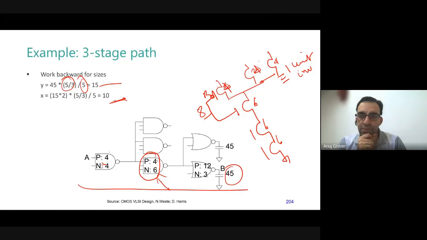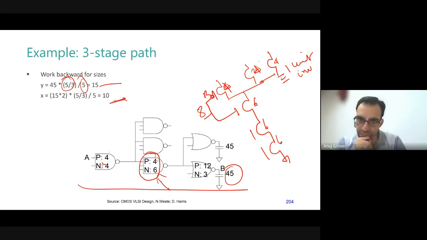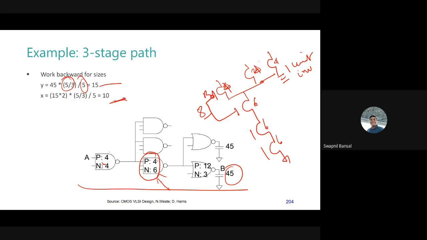Yes, Swapnil. Yeah. Here we are talking about one branch. Assuming that we are calculating the effort or the delay at one particular branch, we took A to. But when we are calculating the value of Cin at x, we do consider the Cout of the upper branch as well. That's why we multiplied it by 2 in the expression. So how do I justify it? Can you explain it to me, not mathematically, but conceptually, why do I consider it when I'm considering only one branch?